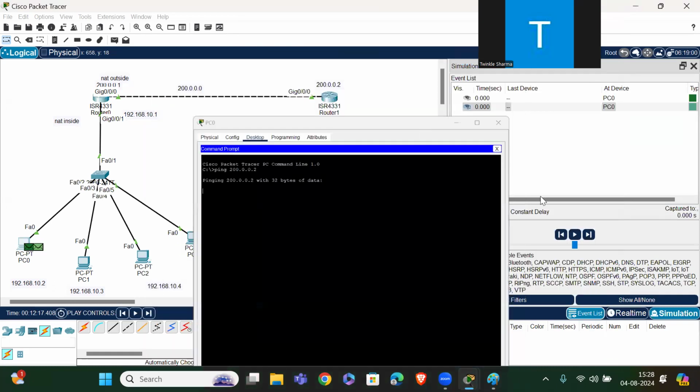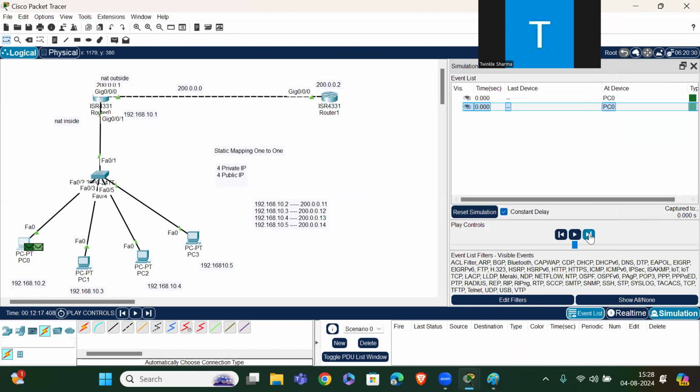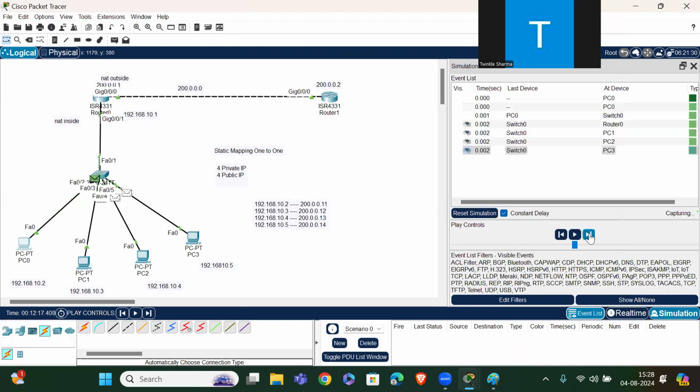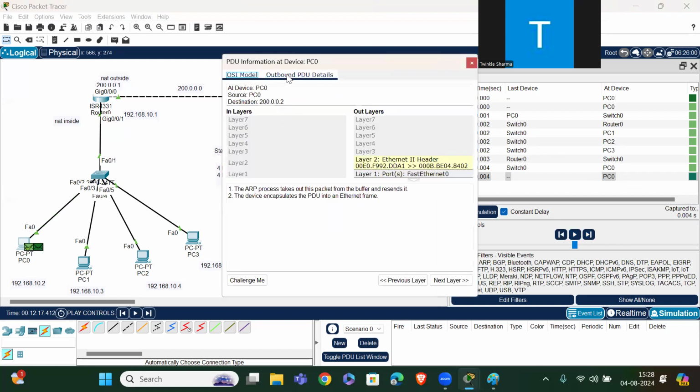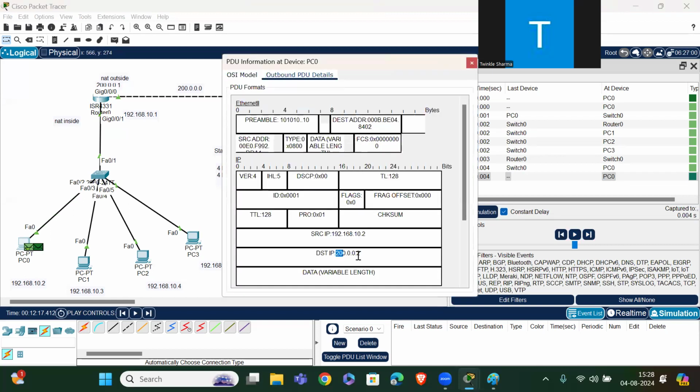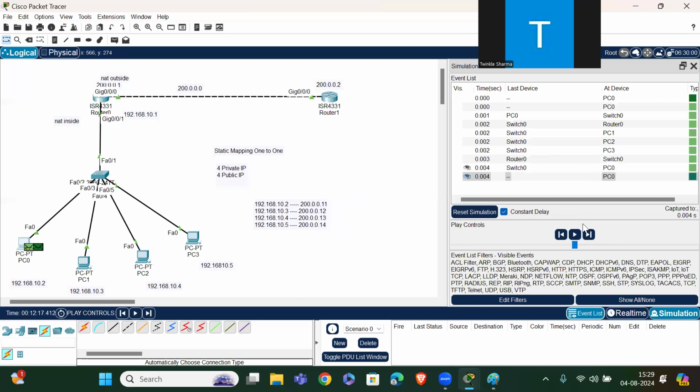The ICMP message is created. Okay, go. This is our ICMP message. The outbound is 200.0.0.2 and the source is 192.168.10.2. Okay, go.